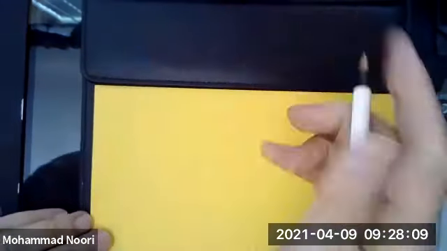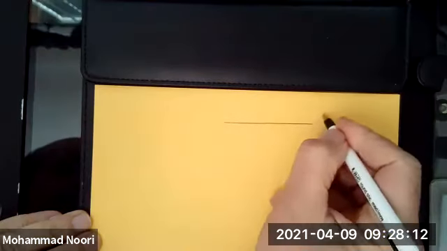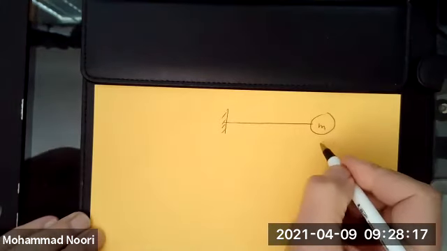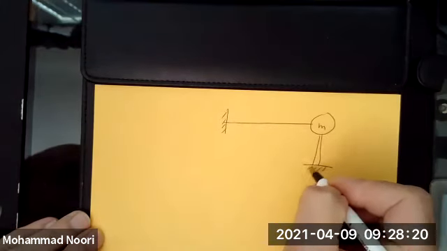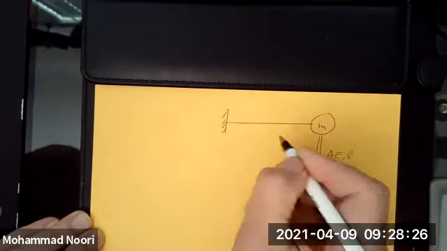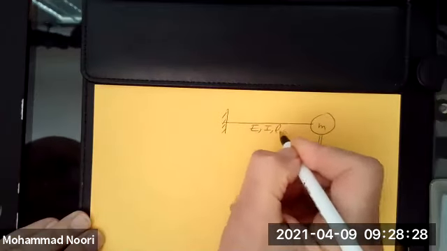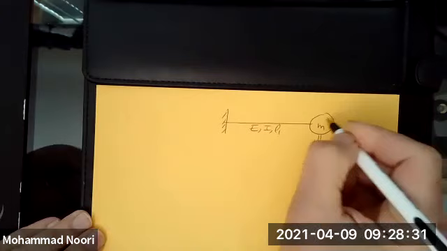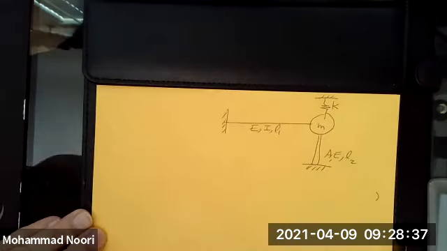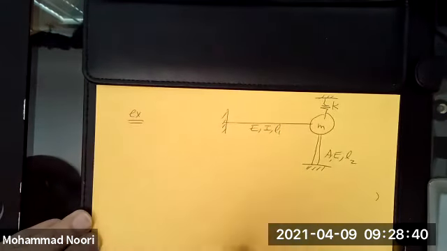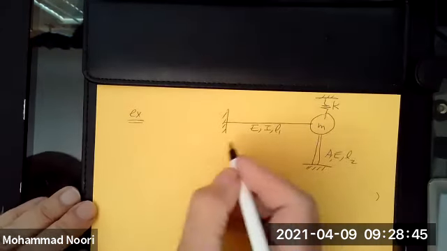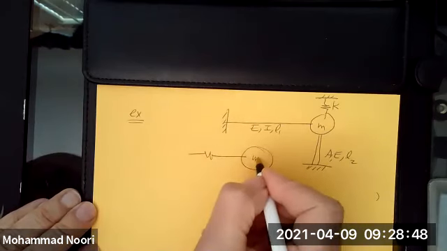Let's say you were given a problem like this. You have a beam connected, a lumped mass is at the end. This beam is supported by a bar with these geometric and material properties given. The beam has these properties. And then you have another spring element, K. So again, as an engineer, somebody approaches you and says, okay, how can I replace this whole system of stiffnesses with a single stiffness,